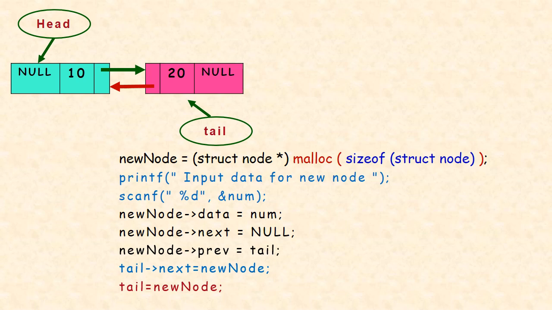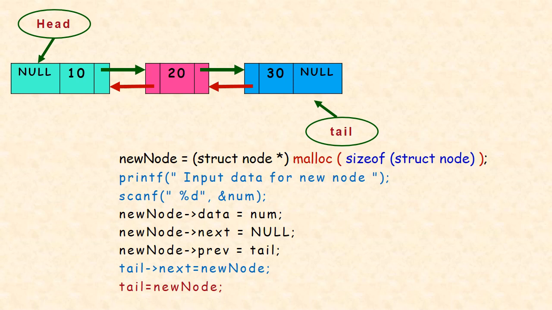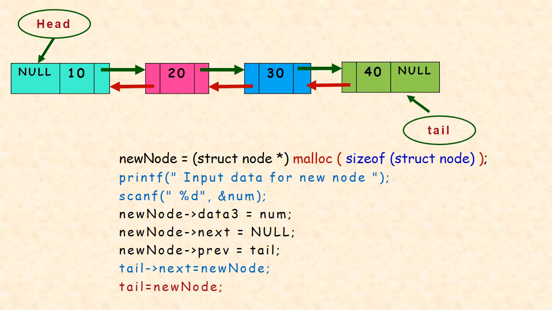Now I want to create a new node and link it like this. I want to create one more node and link it like this. So the same code segment will be repeatedly executed in order to achieve this. If you want, you can copy this code and try running it on your computer. You can pause the video and note down this code.